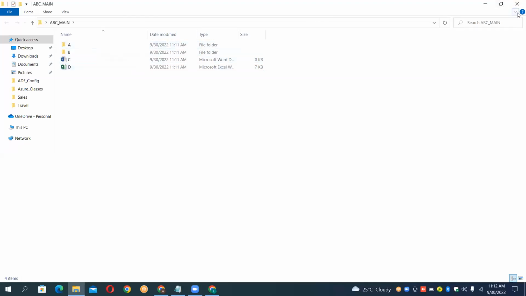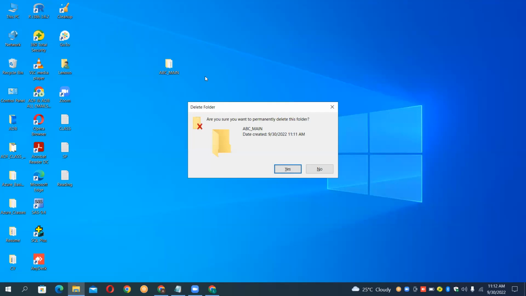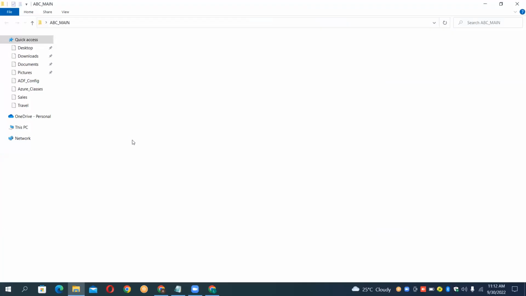Very good. Now, if I delete this particular folder, will the files and folders within it be there or will they go off? They'll be deleted along with the main folder, permanently. Am I right, guys? So we can say the entire data within this particular folder is dependent on the main folder.